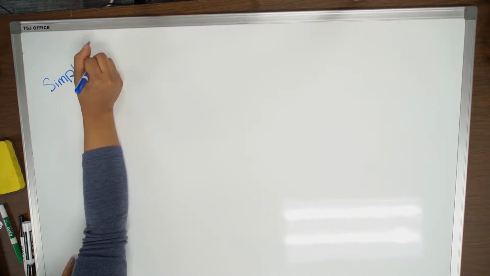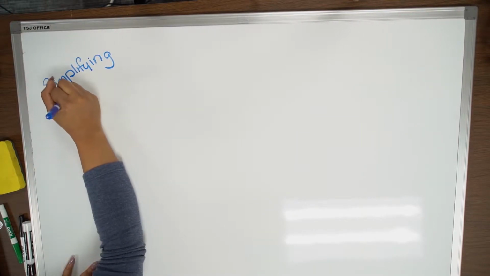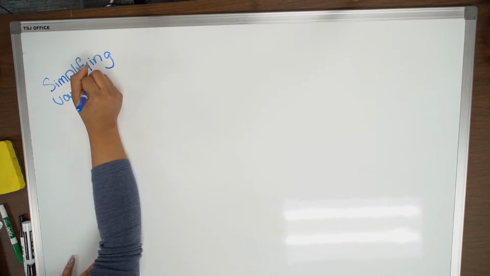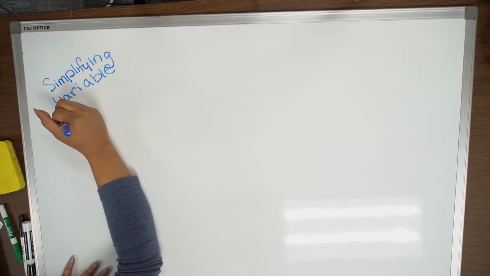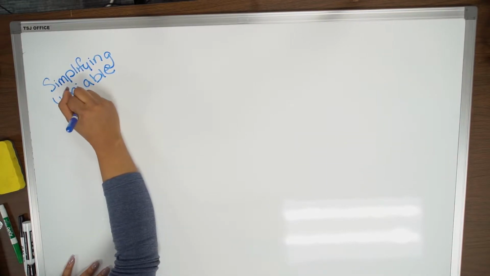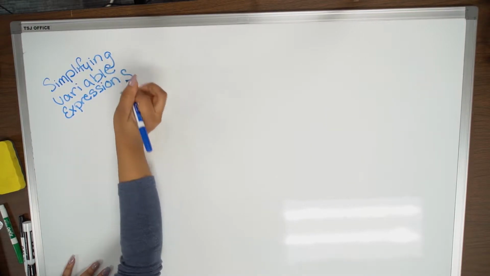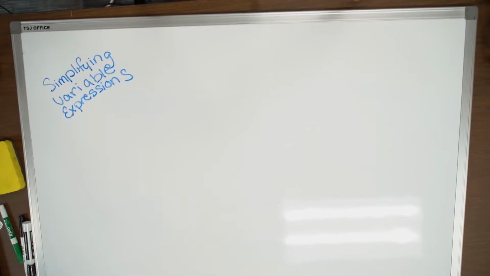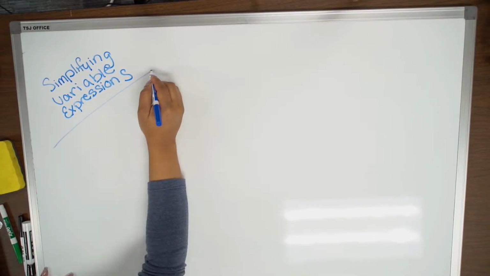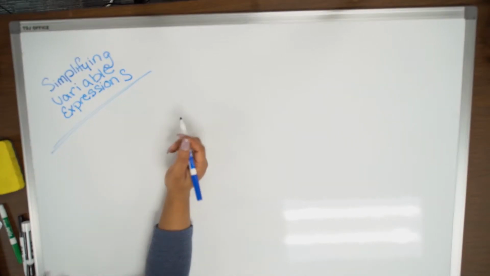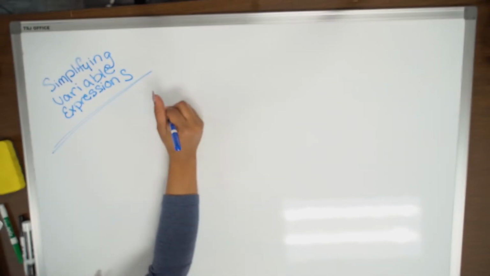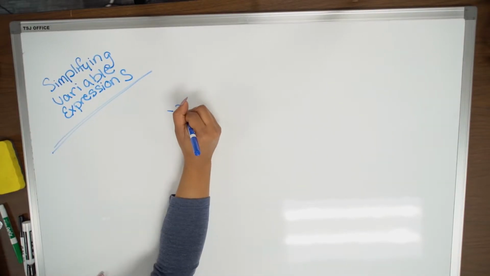Simplifying variable expressions, just so we don't forget what we are doing. Okay. Beautiful handwriting. Just beautiful. All right, so the first one that we're going to work on is negative 3p